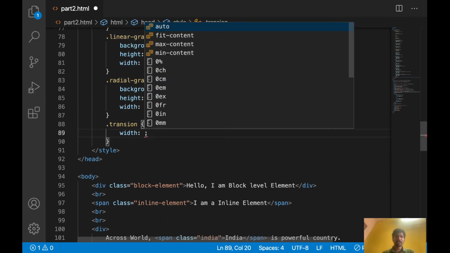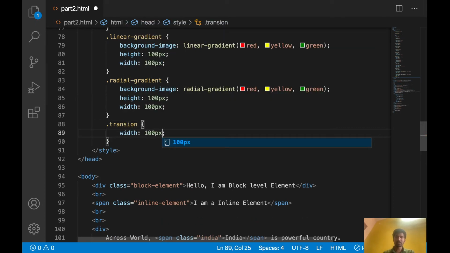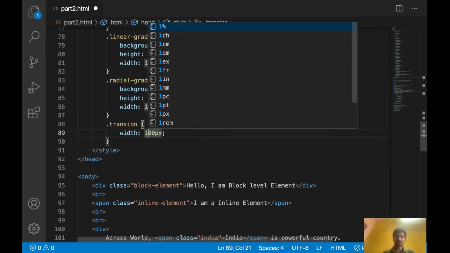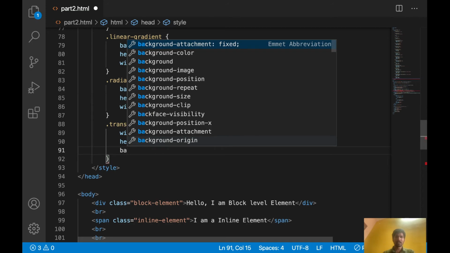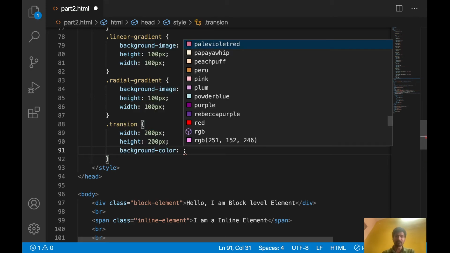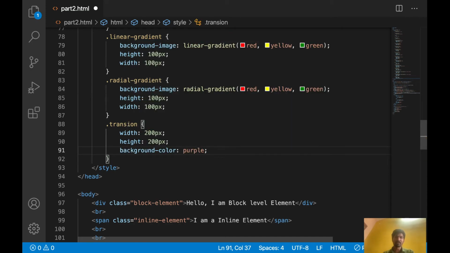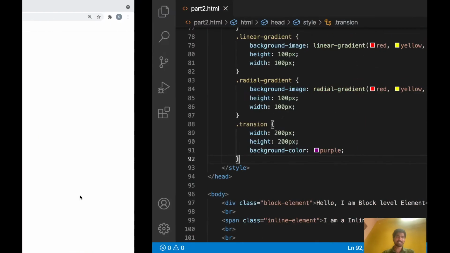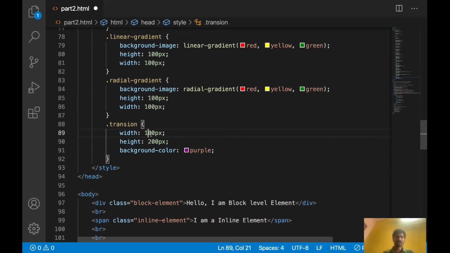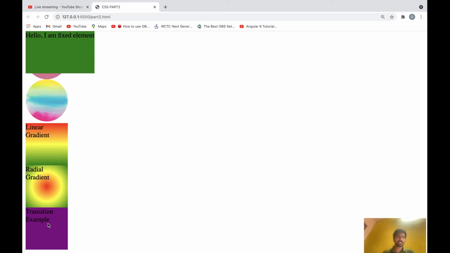Let's say I have width 100 px, let's give 200, height also 200. For background color you can also give something, let's give purple now. Okay, let's see this one first. See, this is coming, and let's give 100 by 100 instead of this much. Okay, this much is coming.